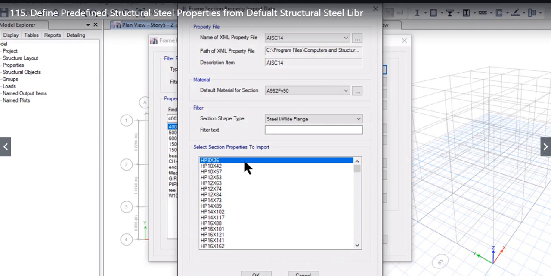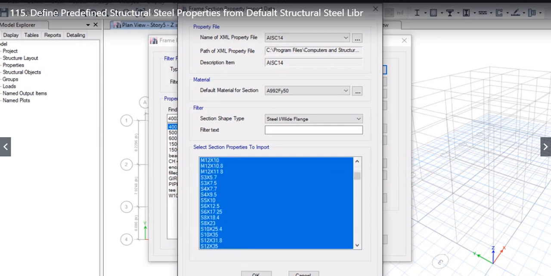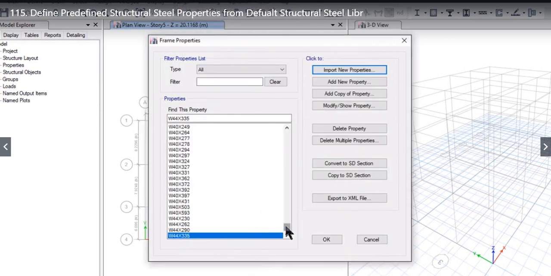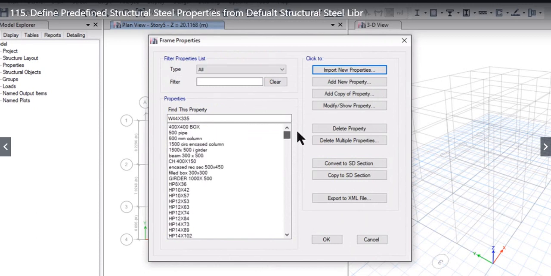By selecting the multiple properties, the user has the flexibility to increase or decrease the size of a particular section at any stage of time. So I will also advise you to select all the section properties so that you can easily access all the section properties. Here you can see that all the W sections are at the access of a user.